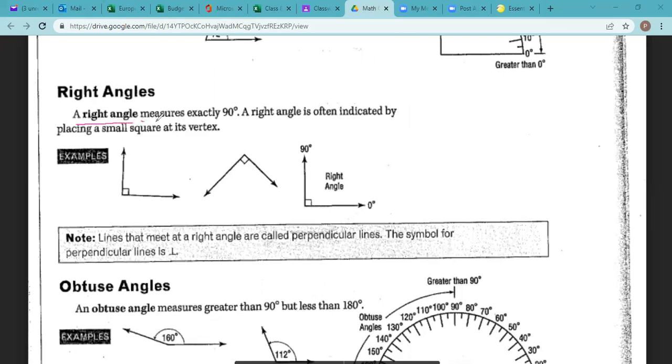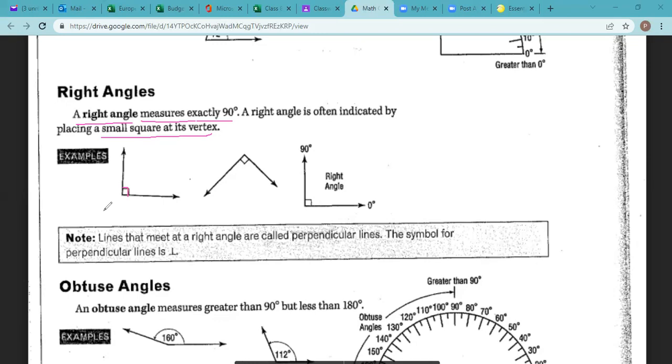And a right angle measures exactly 90 degrees. Okay. Now, when you have a right angle, not only does it look like two sides or two legs that are perfectly put together, and it looks like an L, it also typically is represented by this little small square at its vertex. So you see this little tiny square, many times a right angle will have that square. Okay, so if you just see this picture right here, you should be able to tell instantly that it's a